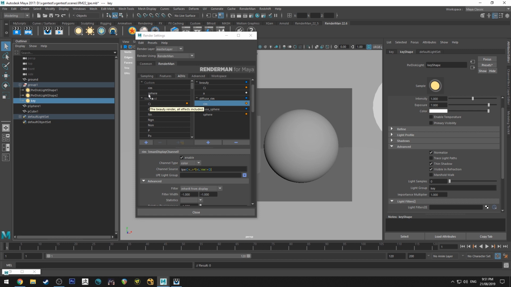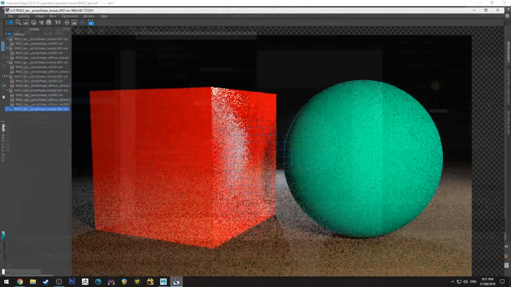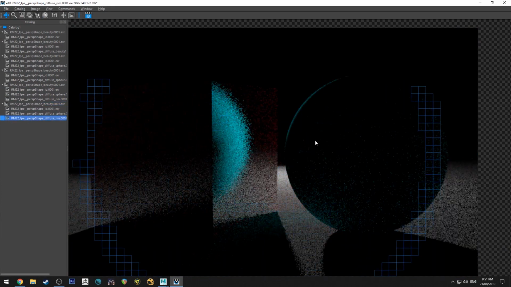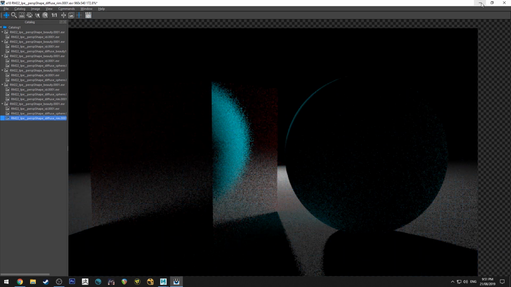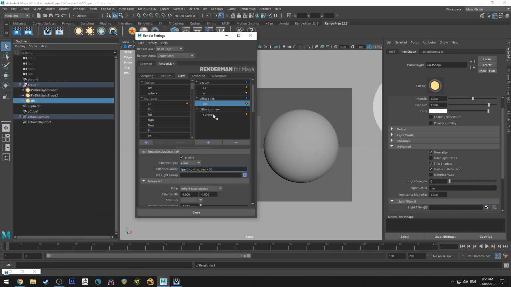Oh, not rim. It's not key. I don't know why I called this key. I'm sorry about that. This is rim. It's not a key light. That was just an error. So rim, that's what we actually wanted. Now we'll IPR, and now it should work correctly. See, now we've got that backlight, which is creating our rim highlight there. And if you want to combine this and this, all you would have to do is change the what we are rendering field, the start field, and add it into here where we've just got the beauty essentially. So we would isolate the rim of the sphere, and you would not see any of the other objects.